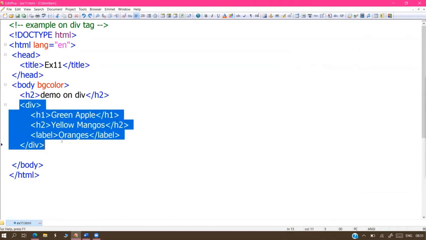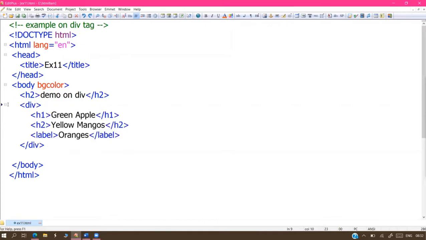The division tag is created with default color settings, default margins, default height, default width, and default alignment also. Alignment is left side, width is browser width, height is based on your content, and the color combination is black and white. All these are the defaults. Everything is default or inbuilt options. Those we are customizing in the next example.